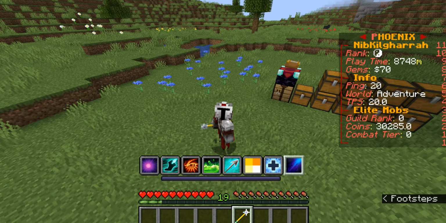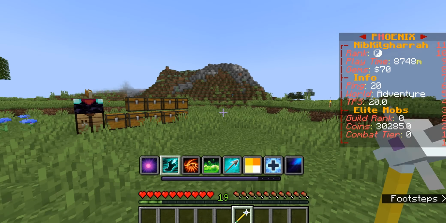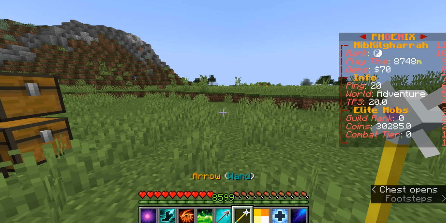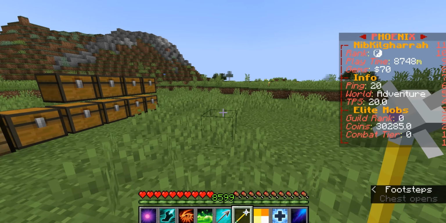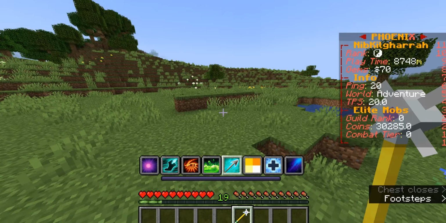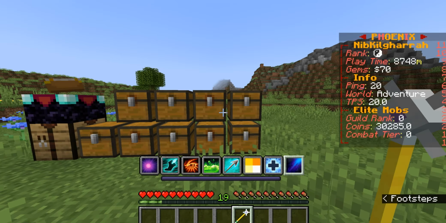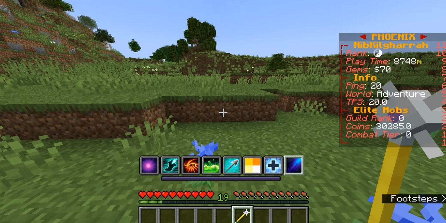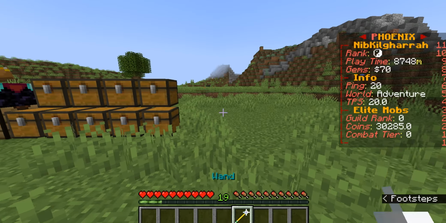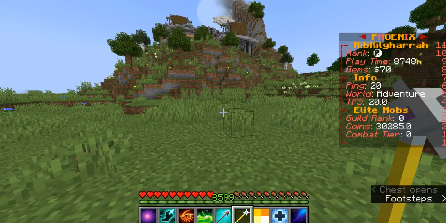Now, the basics of how it works is that you're going to learn your spells. You're going to cast your spells by left-clicking. By right-clicking, you can cycle from left to right through your spells. You can also do Q, or for me it's Q, which is dropping an item, which will change between the two different hotbars, as you have your own custom hotbar that you can use. And whenever you want to exit the magic, when you're using this higher hotbar, just click a different slot than your wand. You can also, when you're in this, do this little drop, and now it's in your inventory,